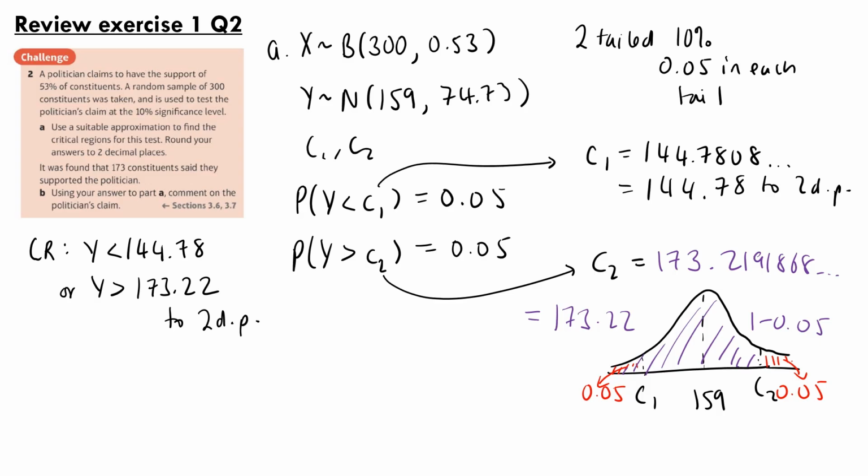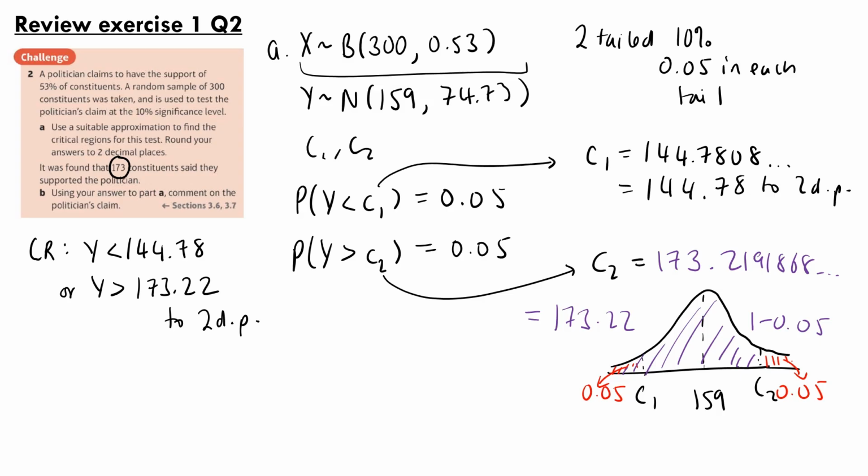Okay, for part B, we need to comment on the politician's claim, given that 173 constituents said they supported the politician. Now here, although it looks like it's not in the critical region, because 173 is actually less than 173.22, we need to apply a continuity correction, because these are the values of the normal distribution, and 173 is discrete. It's an actual number of people,